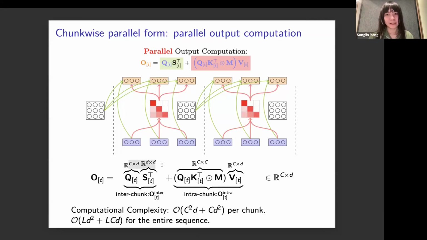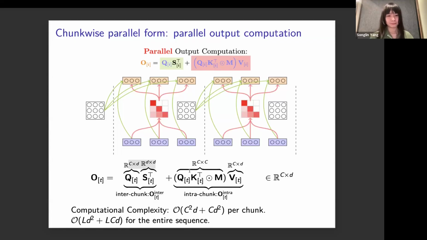And next, we pay attention to what's colored in pink. For this part, since we do not have access to the intermediate recurrent hidden state, we have to use the parallel form, that is the self-attention form, to directly compute the output based on the input query, key and value vectors. This looks exactly the same as local trunk attention, except that we do not have the softmax operator here. We do a local trunk linear attention to compute the output contributed by each local